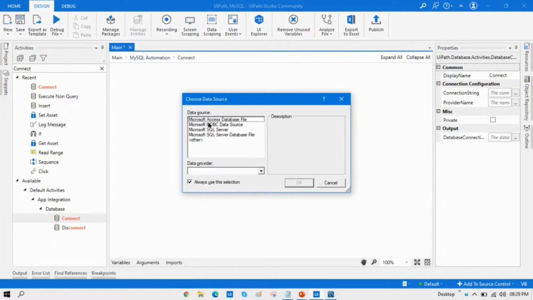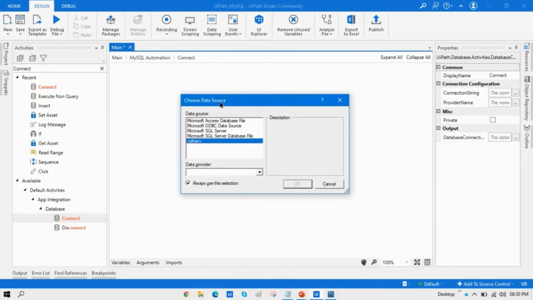We just have Access, ODBC, SQL Server and SQL Server database file. But in this scenario, we are going to connect with a MySQL data source, so we don't have that. If I click on other also, I am not getting these things. We have only ODBC, OLEDB and SQL Server. So how can we connect if we don't have it?